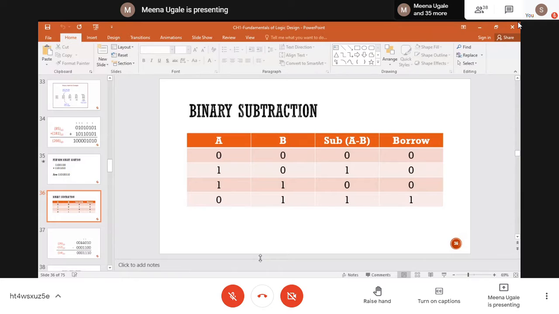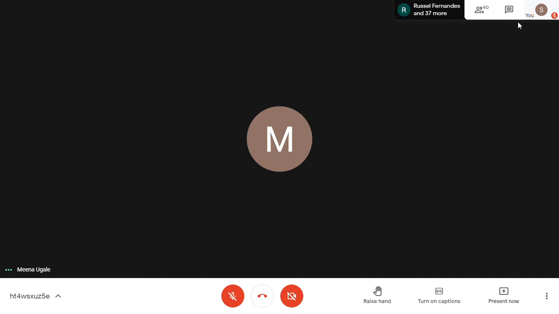I guess diploma students got your G Suite ID, right? Yes, ma'am. Okay, then from here onwards please join with that. Now I am going to deny admission without a G Suite ID. So please inform your classmates to join with G Suite ID only. Just a minute, let me start my presentation.